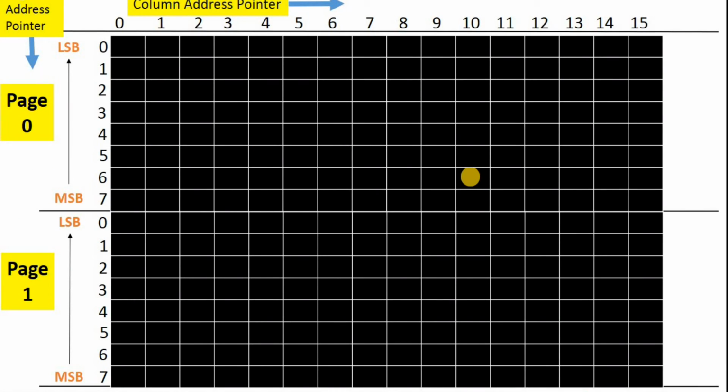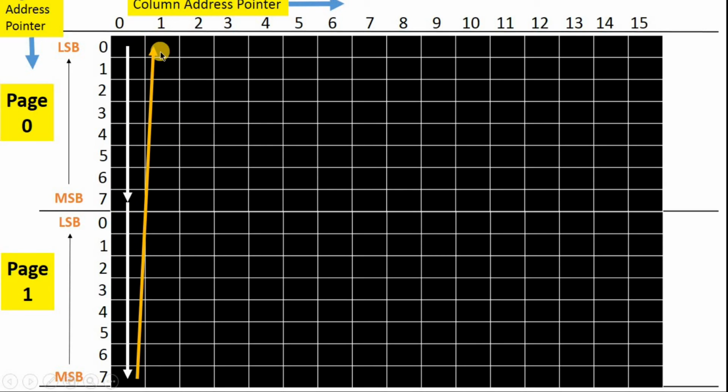Now we will again see how that hex number stream represents our pattern. The first number represents 8 pixels on page number 0 and column number 0. Then the next number represents 8 pixels on page number 1 and column number 0.